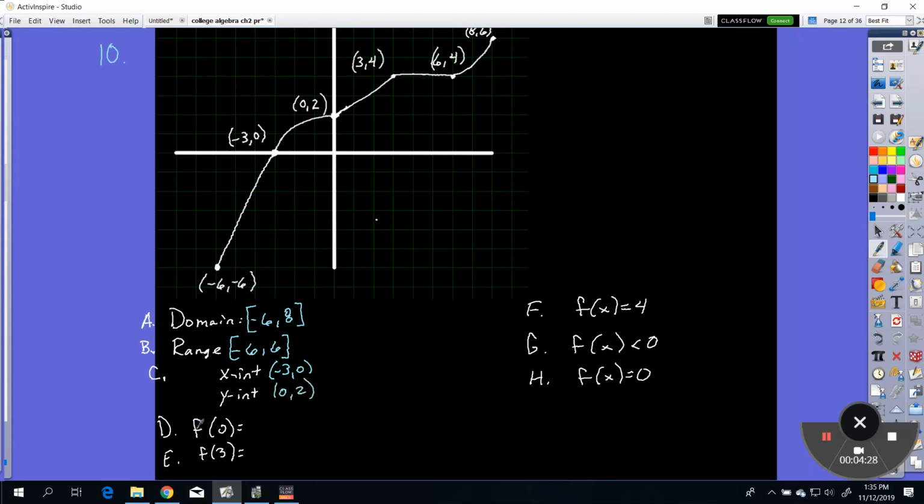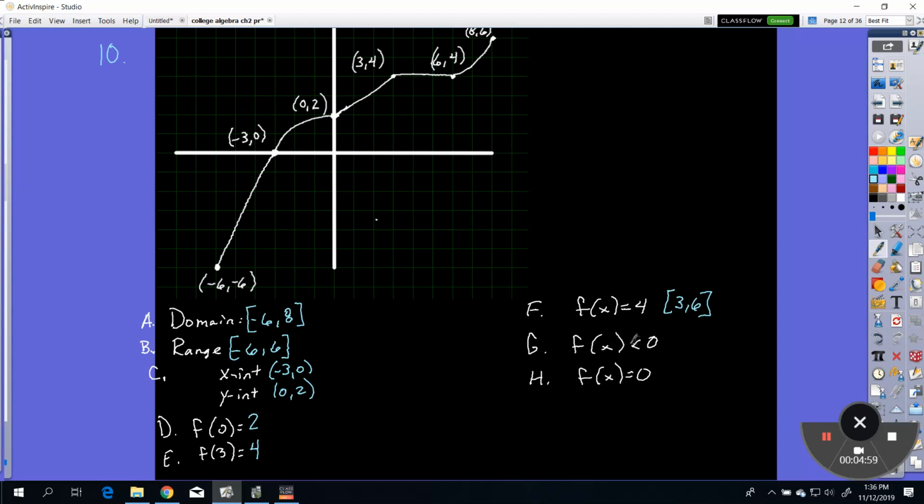F of 0, so when x is 0, what's the y value? That's 2. When x is 3, what's the y value? That's 4. What is the x value when y equals 4? That is anywhere from 3 to 6. Anywhere from 3 to 6, the y value is 4. It's constant slope. It's not increasing or decreasing. Anyways,